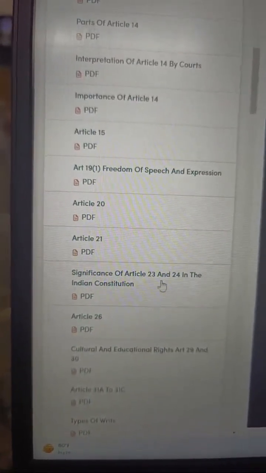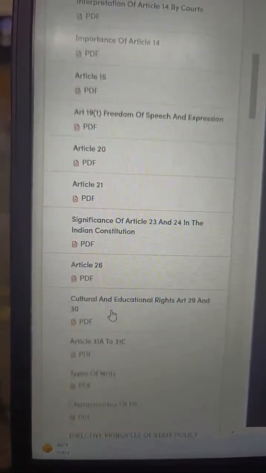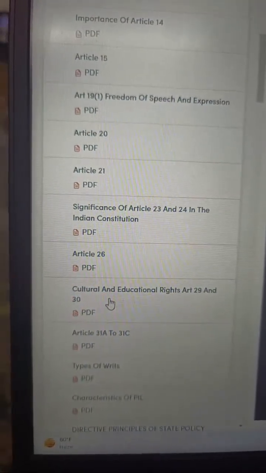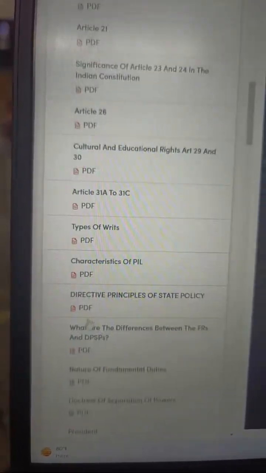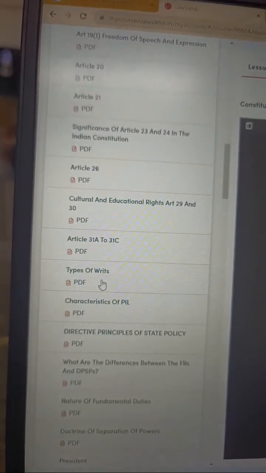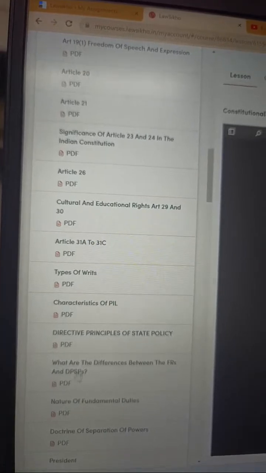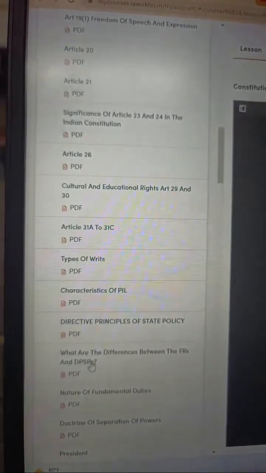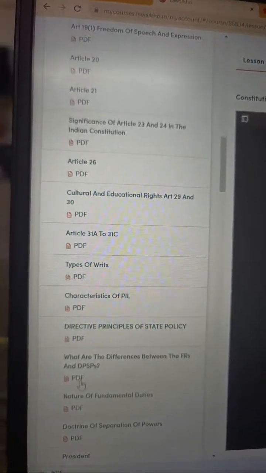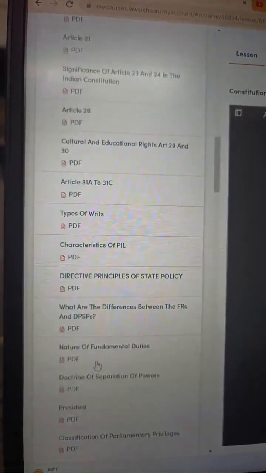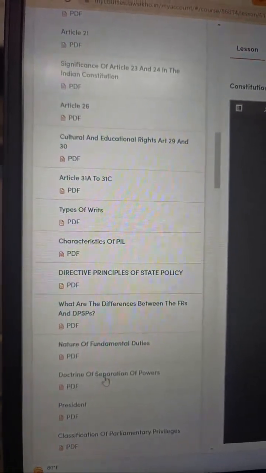significance of Articles 23 and 24 in the Indian Constitution, 26, cultural and educational rights, Article 29 and 30, Article 31A and 31C, types of writs, characteristics of bill, directive principles of state policy. What are the differences between the FRs and DPSPs, nature of fundamental duties, doctrine of separation of powers,